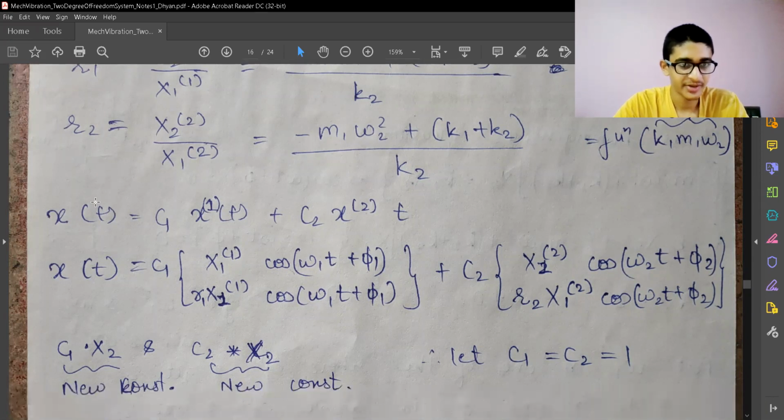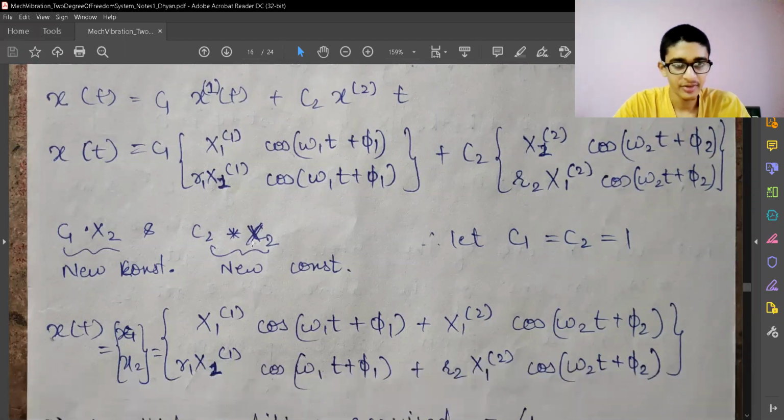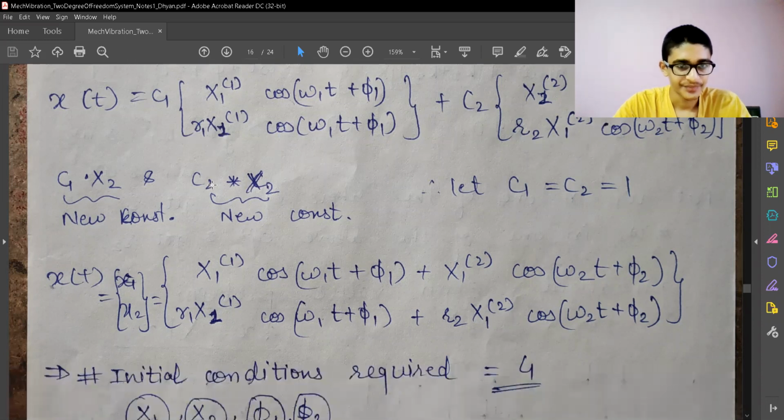So we have got this response completely. Now we can get the free vibration response by a linear combination of normal mode responses. I have just split x and added more detail using the superscript. Wherever I am writing 1 and 2, they represent the normal mode. So this is the response of x in the first normal mode, and this is the response of x in the second normal mode. I have just expanded those by substituting R1 and R2.